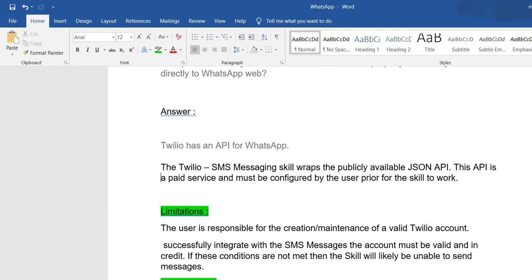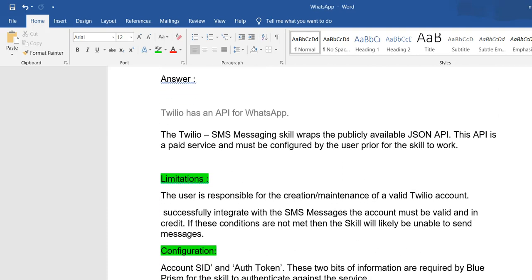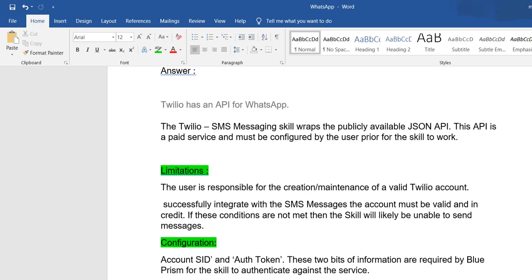So what is the limitation here? The user is responsible for creation and maintenance of a valid Twilio account. You must create a valid account, and once you have created it, you can successfully integrate with SMS. The account must be valid and in credit.